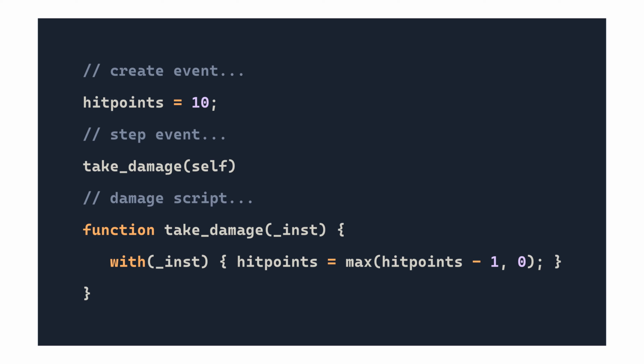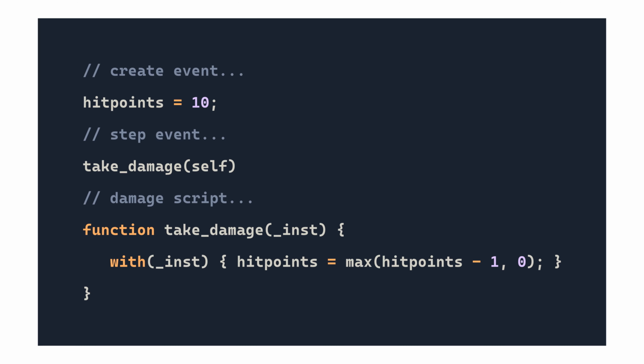And finally, if you're dealing with object instances, then you have the option to just pass a reference to the instance. Given a function that modifies the health of an object instance, you may be able to just pass that instance if the health is assigned to the instance. Here we have an instance with the hitpoints instance variable. In the step event, we have the take_damage function, which is defined in a script. We can pass a reference to the instance by passing self into the take_damage function, and then we can modify the hitpoints of that instance by either modifying it directly using instance.hitpoints, or we can use the with